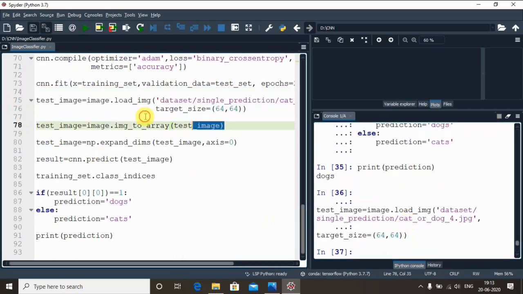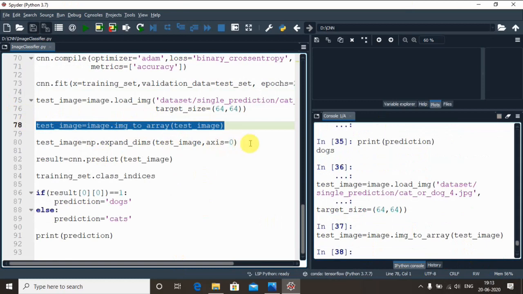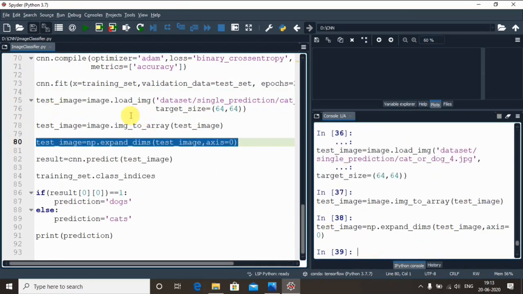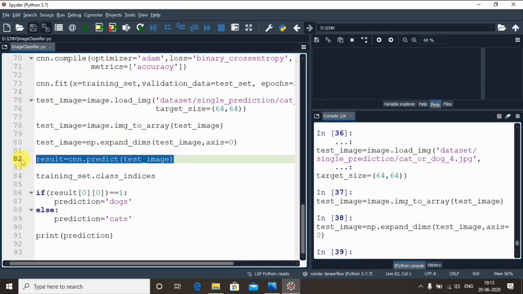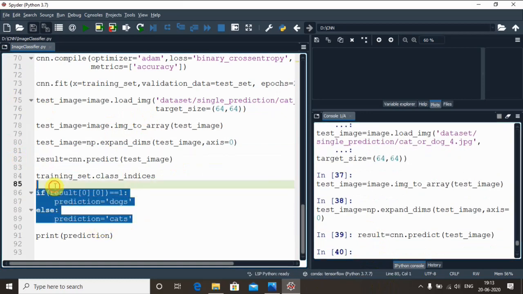Done. Execute all the lines of code given here. After that, the final predicted output is the result. Verifying the if condition.